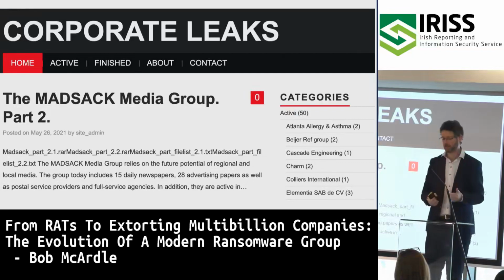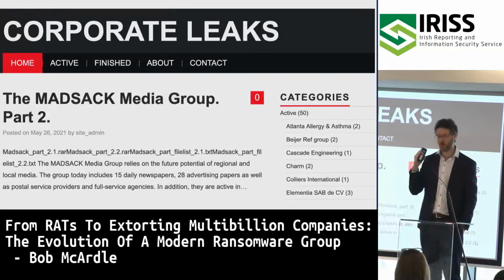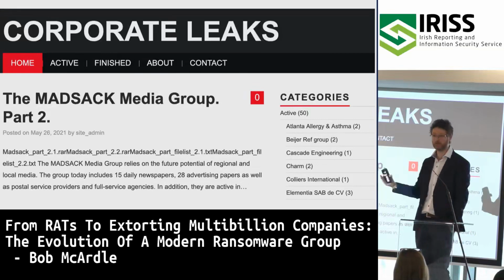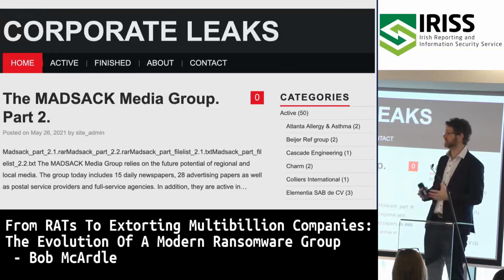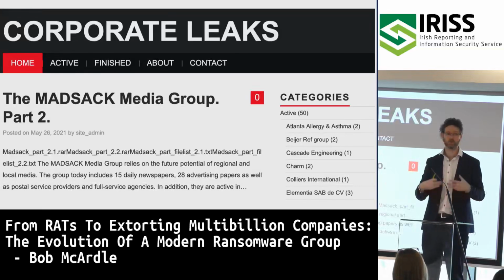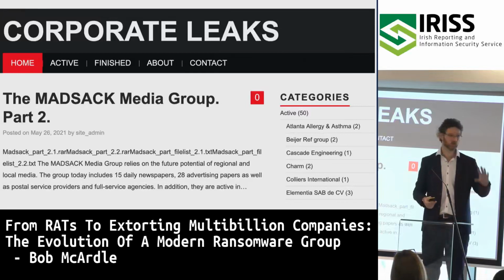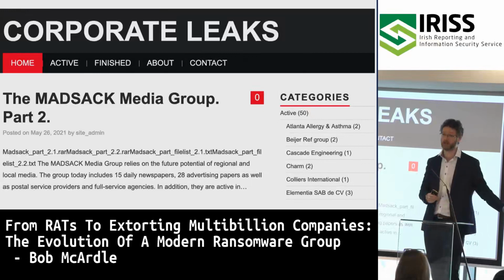The second is when you look at a leak site like this, which is where all this stuff gets posted up, it's only the people who have not paid who normally go up on these sites. So that's not all their victims, that's just the ones who refused to pay and had their data breached as a result. And another thing to consider, if you're a board on the receiving end of something like this: by the time you notice the ransomware is deployed, the real crime, which is the complete compromise of your network and theft of all that data, happened maybe a week ago or weeks, depending on the actual case. So you're already far more damaged than you think you are at this point.